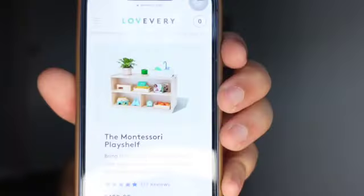They have a whole entire shelf. I really like this because the back of the shelf has storage for all of the toys. They have a stroller, which also doubles as a walker. They have a play tunnel, and a couple of other things like a placemat and utensils set, a nursery bundle. This is all new. We're going to start off by showing you what is in the first play kit,